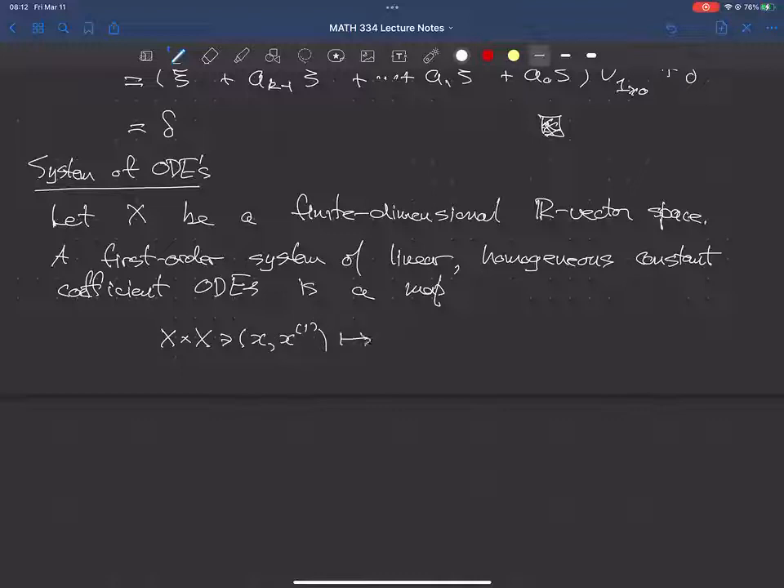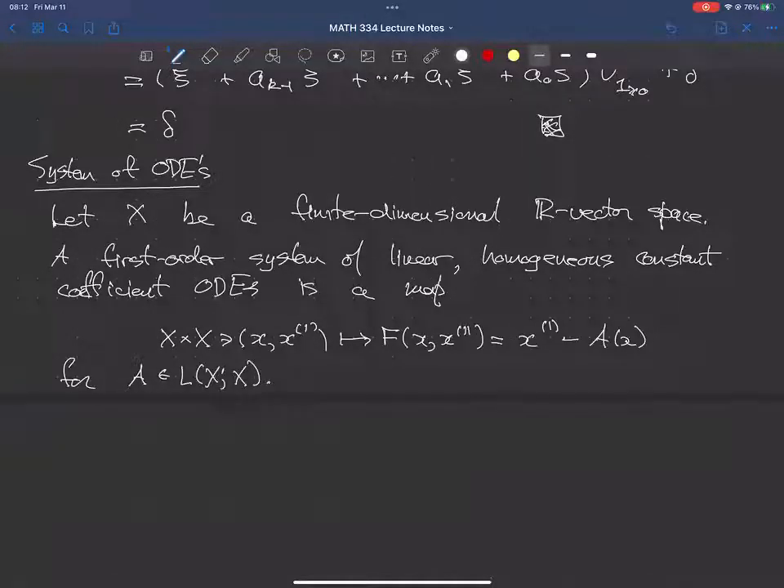Okay, and it's going to map to F of X and X1. Okay, and the specific form of that in the case of a linear homogeneous constant coefficient ODE is X1 minus AX. Okay, for A a linear mapping from X to itself. Okay. And the solution